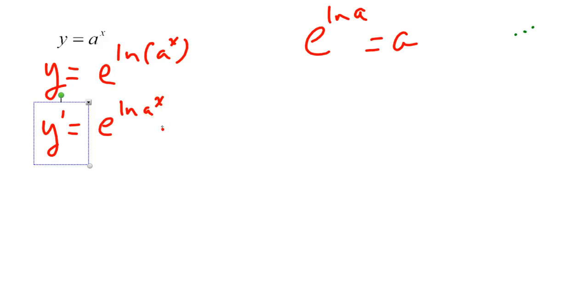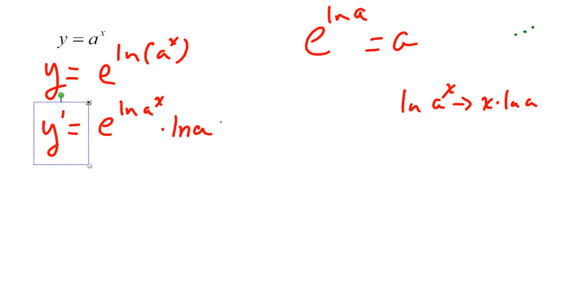Now, I have to now take the derivative of the second part. I have to take the derivative of ln of a to the x. Well, again, before I do that, I'm going to rewrite the ln of a to the x. Isn't that the same thing as x times the ln of a, right? Well, if I want to find the derivative of x times ln of a, wouldn't the derivative of x just be 1? And the ln of a is my answer, right? So the derivative of this function would be the derivative of the outer function, e to the ln of a to the x, which is just e to the ln of a to the x, times the derivative of the inner function, which is this exponent, which just becomes ln of a,